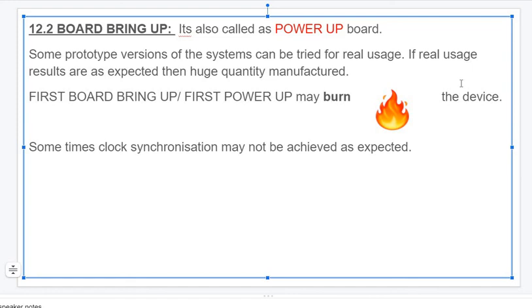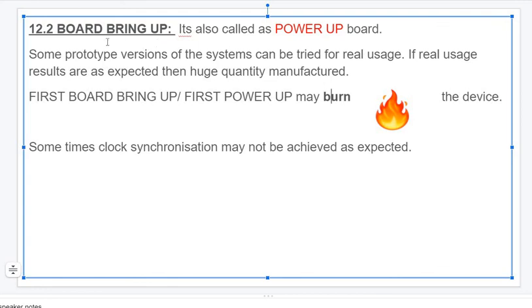If the project is new, some capacitors, resistors and transistors will definitely burn. So we should look at which part has burnt, so that we can replace that part with high configuration components. In the next attempt it will improve, so that it will sustain the voltage we expect to flow.